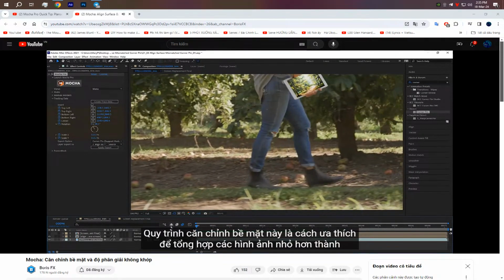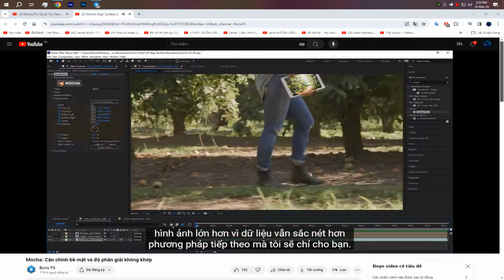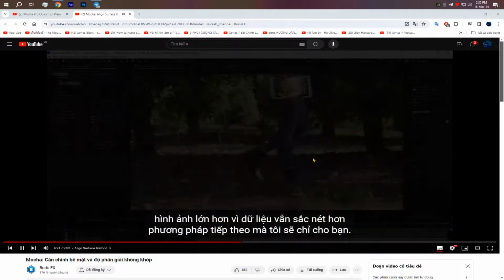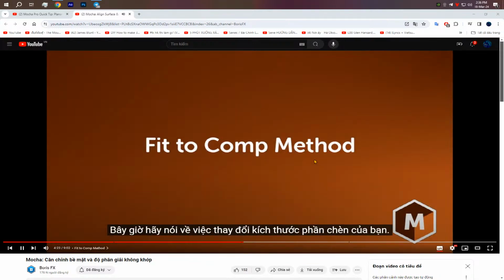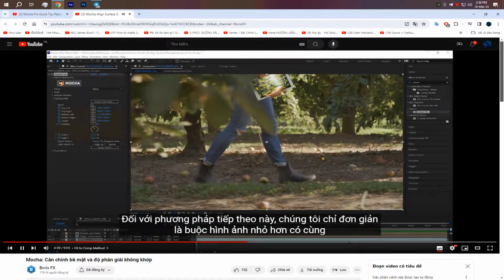This aligned surface workflow is the preferred way to composite smaller images into larger ones, as the data stays crisper than the next method I'm going to show you. Now let's talk about resizing your insert. For this next method,